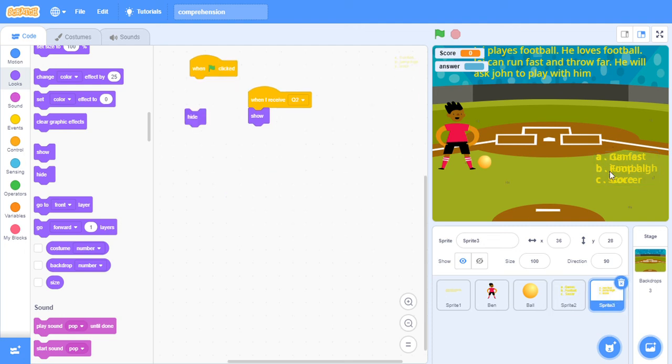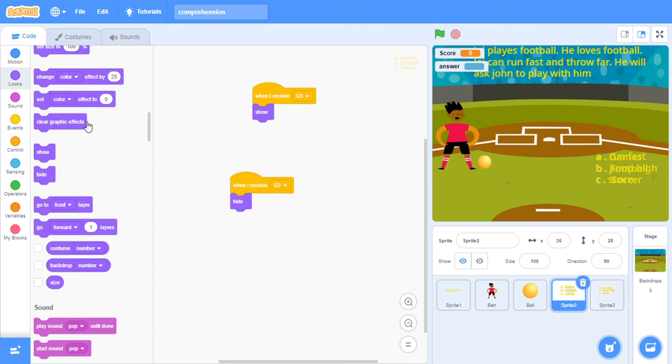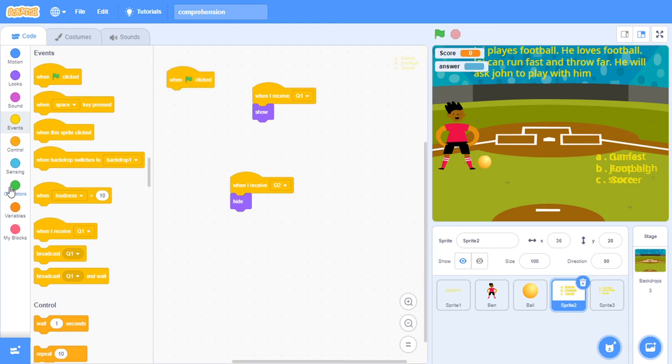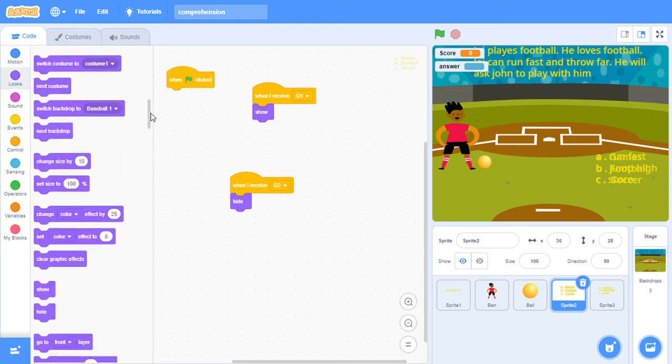You understood? I am continuously changing. Whenever I am clicking on the flag, the previous settings were still there. That's why I want to do this part. When flag is clicked, hide. Similarly, I want to do this for the first question's options also. Now you understood why I want to do this? I want the game to be started fresh.